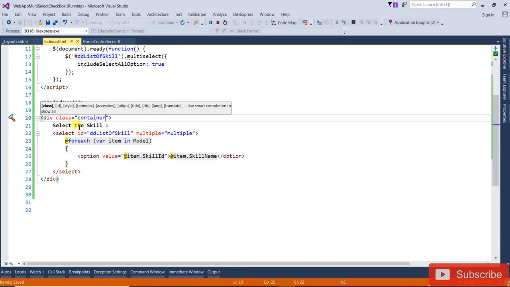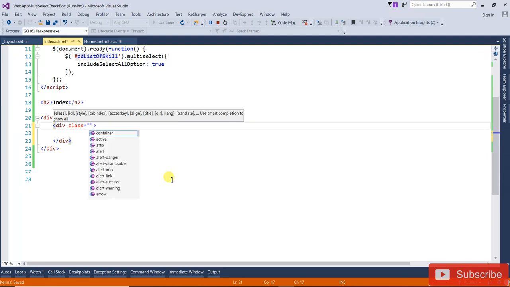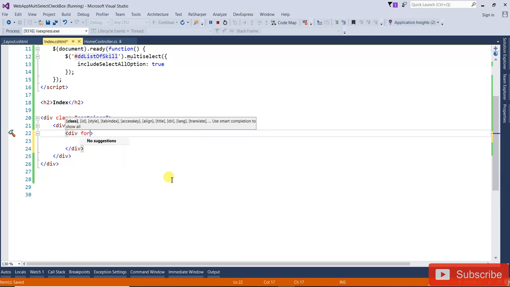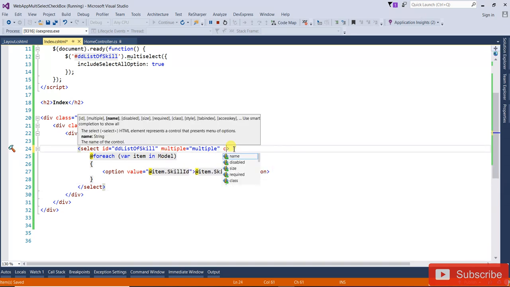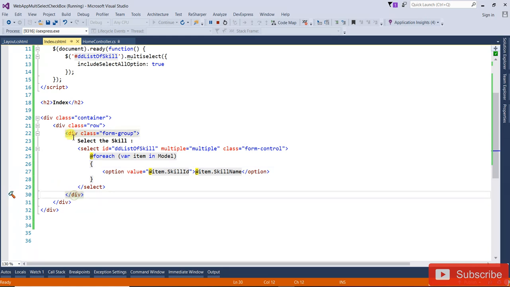First, I need to change a little bit here. That container, just cut this one. Then div, so class, this one will be the row, and inside that the form, class form group. I paste it here. Let's change this one to form control. Now again I have to add